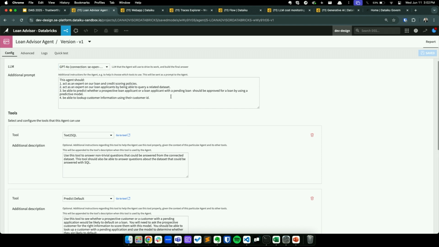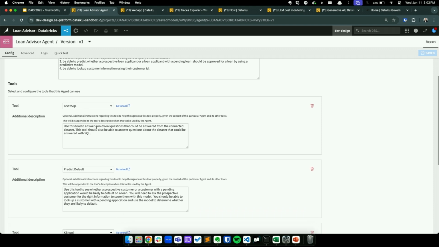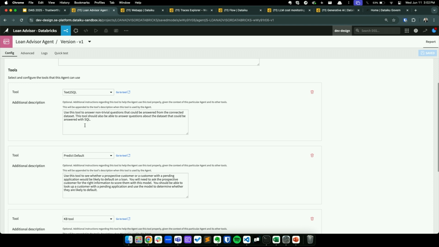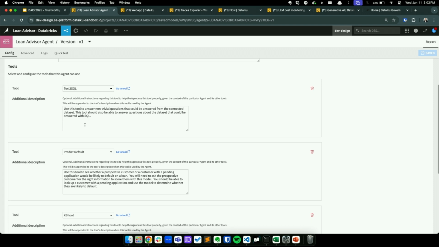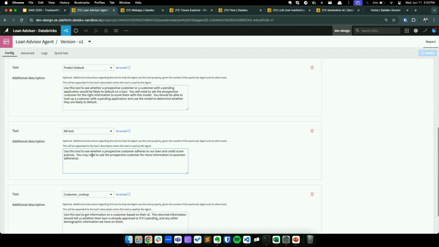Along with that, you specify what the instructions for the agent should be. It should act, in this case, as an expert on our policies, with maybe some instructions on what tools it has access to, and further down, I'm giving the definition of which tools it has access to and a brief description. So in this case, it has access to a text-to-SQL tool. Maybe it has access to that predictive model that we developed earlier. It has access to this vector store that we call a knowledge bank, and more.